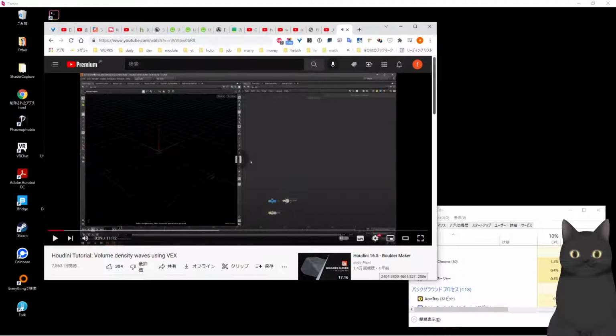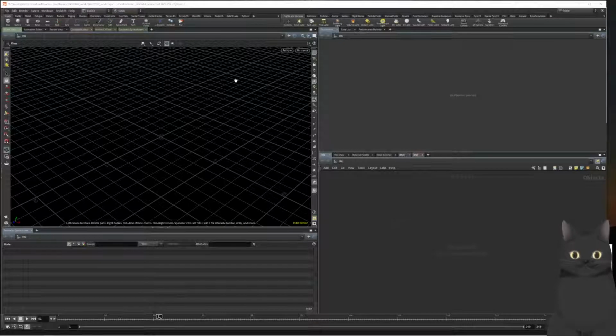Okay, so diving into Houdini. The first thing I'm going to do is show you how this works on a 2D grid,